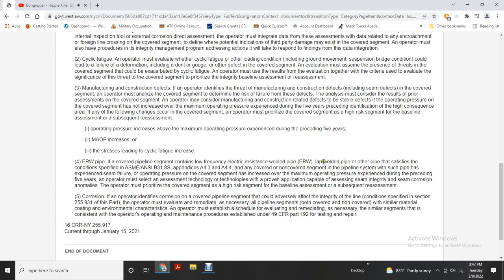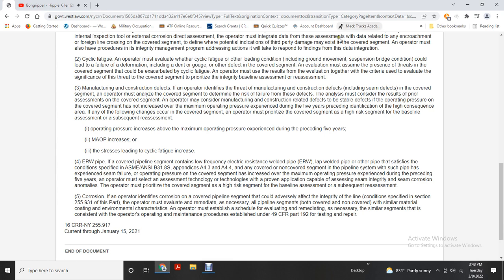Any covered or non-covered segment of such pipe that has experienced a seam failure, or where the operating pressure on the covered segment has increased above the maximum operating pressure experienced during the preceding 5 years. The operator must select an assessment technology of proven applicability, capable of assessing seam integrity, seam corrosion, and anomalies. The operator must prioritize the covered segment, high-risk segment, baseline assessment, subsequent assessment, and reassessment,